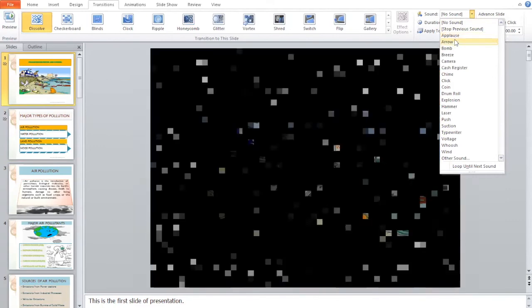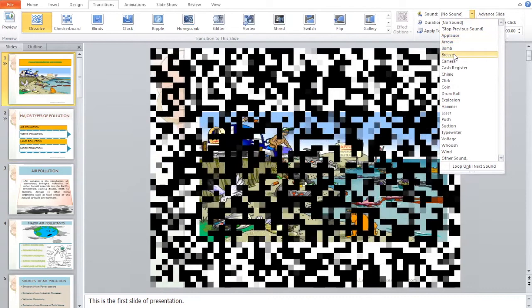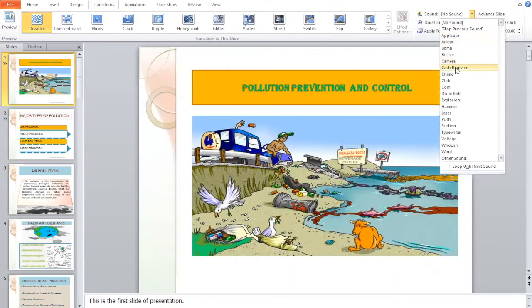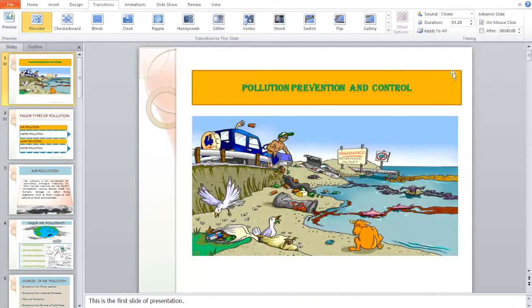Suppose I select this. After that, under the timing group, you can click on the on mouse click checkbox.